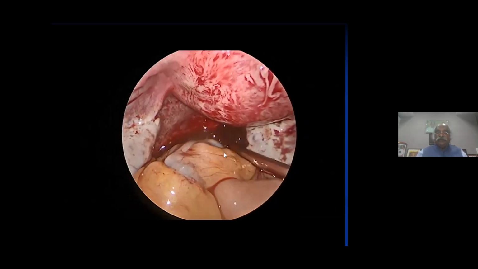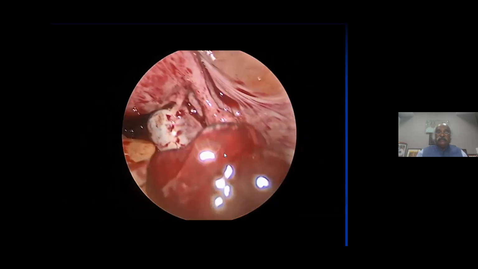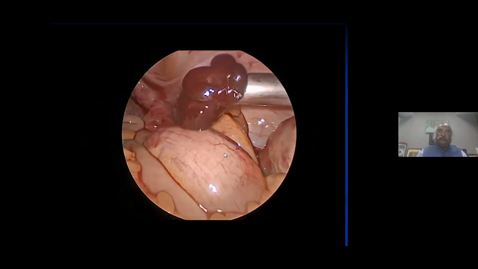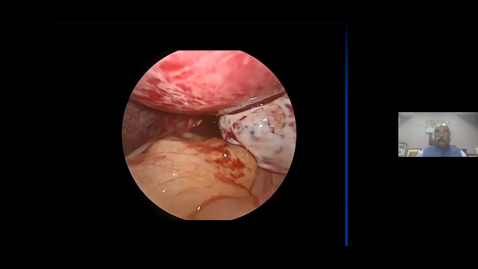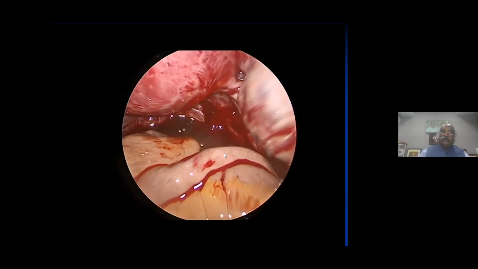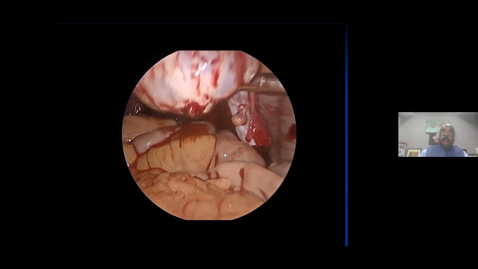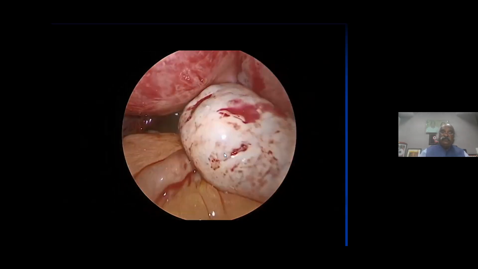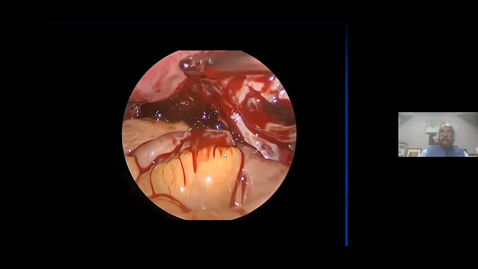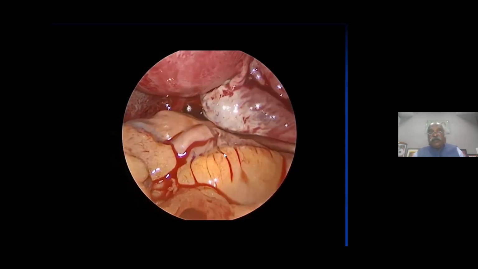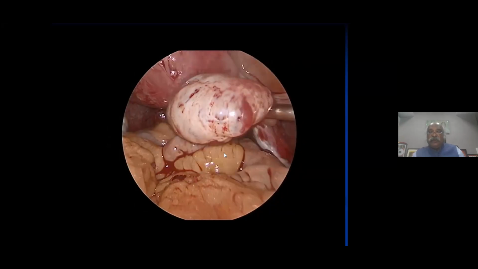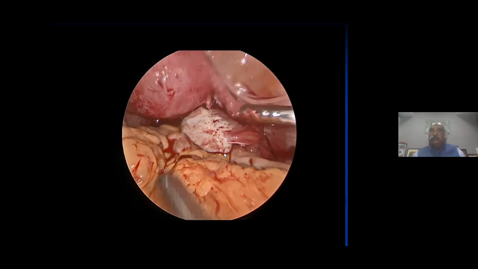You can see in this particular case such extensive hemoperitoneum, there must be some continuous bleeding, and you must find out what that is. The next step, this is the posterior surface of the ovary, and we find that there is a small bleeding raw surface here, and that is the corpus luteum. Corpus luteum hemorrhage manifesting as a massive hemoperitoneum, though rare, is possible.